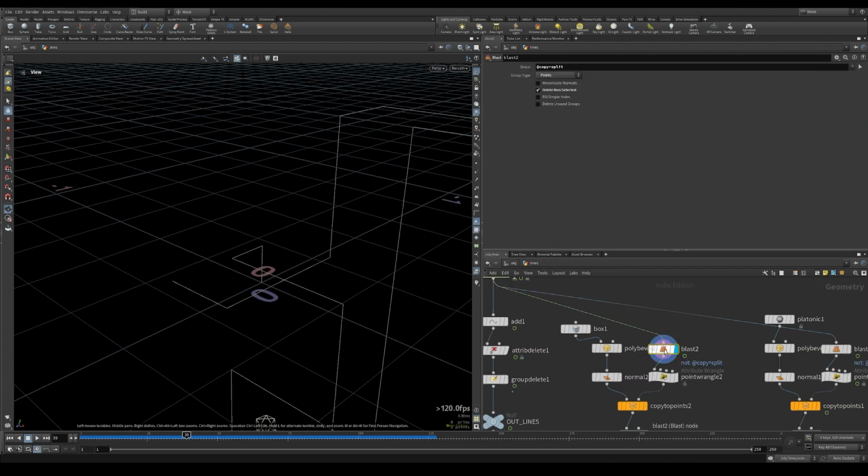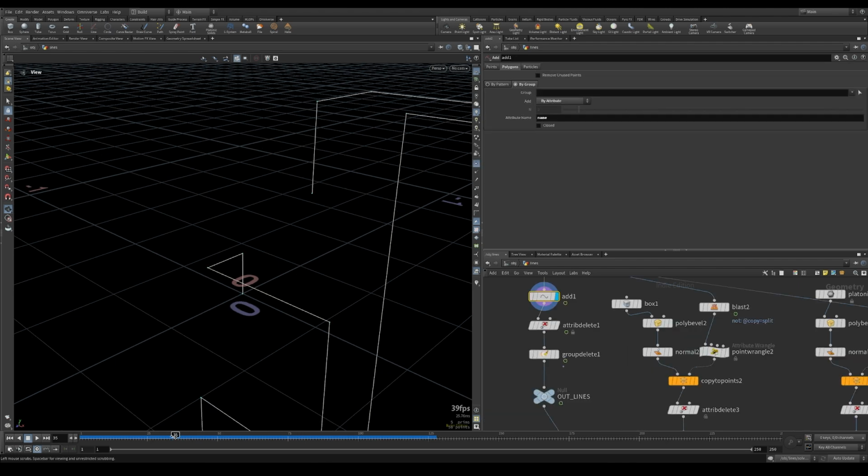But now we need the points, because with this blast node we are isolating only the splitting points. The problem with the rotation intersection is that we don't have a point there that is always staying still. So to not end up with shapes that are also moving on the curve, we need to create some other